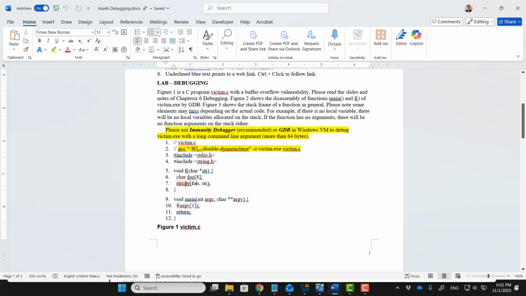Then you can see here, because the string copy is really bad and it doesn't check the boundary, if the string is very long, we will have the buffer overflow issue. That's why I ask you to enter a very long password. Okay, then in the main function, we just call function f with the command line argument, right? Then we return. Okay, so let's go into our